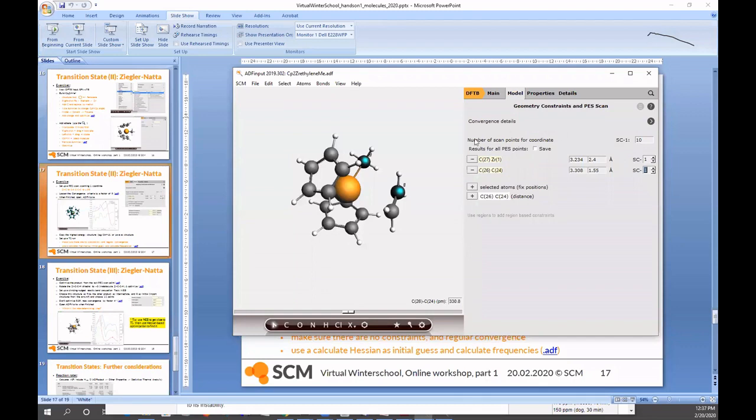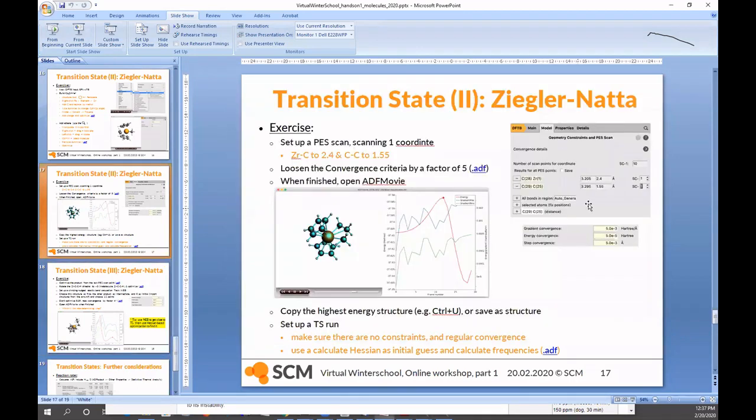So it's going to be a composite coordinate that we will scan in this particular example here. Right, so I think in my example, I actually had a slightly different setup, but the distances are pretty similar. And let's see if we can scan